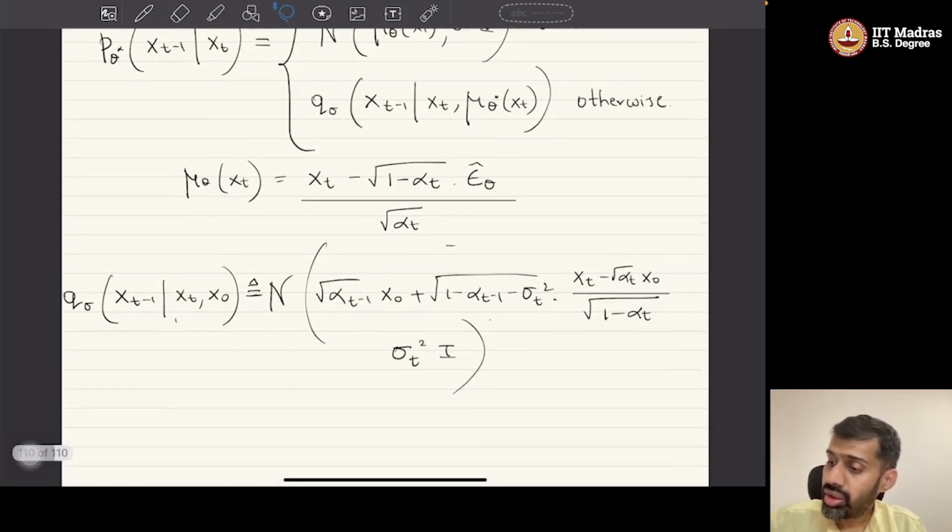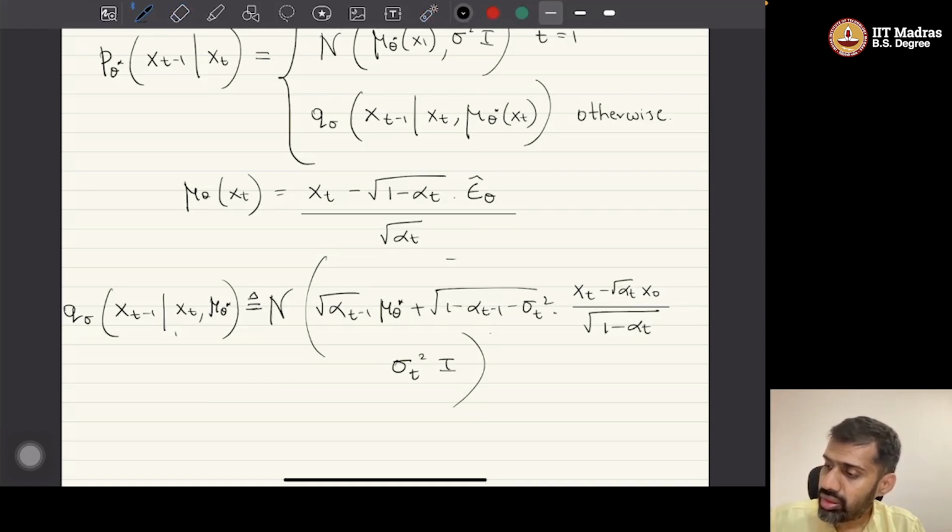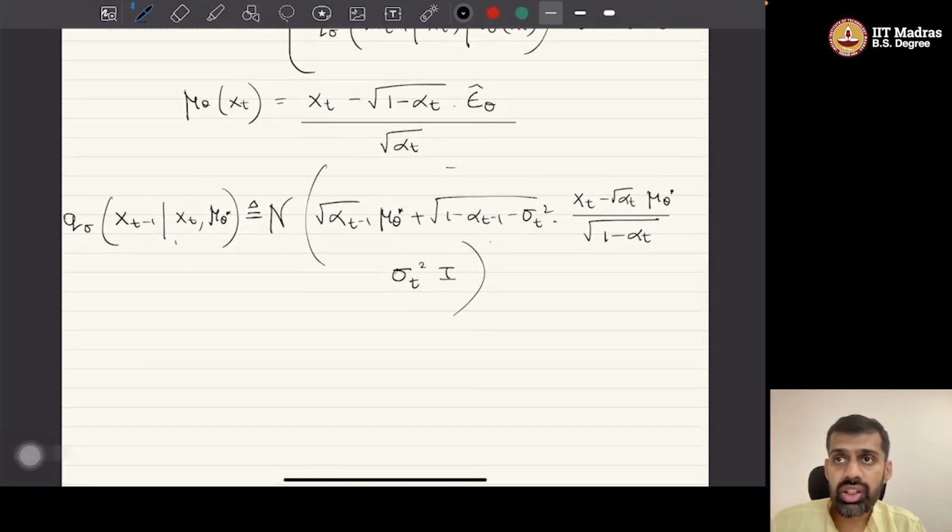So what we need to do is sample from this distribution. Now instead of x naught here, we need mu theta, right? Because that is how we have defined our p theta star. Instead of x naught here, we just have this mu theta. So wherever we see x naught here, we simply replace it with mu theta. That is what we need to do. Let us write this as mu theta star. We need to sample from this particular Gaussian distribution. And how do we sample from any Gaussian distribution? We simply start from